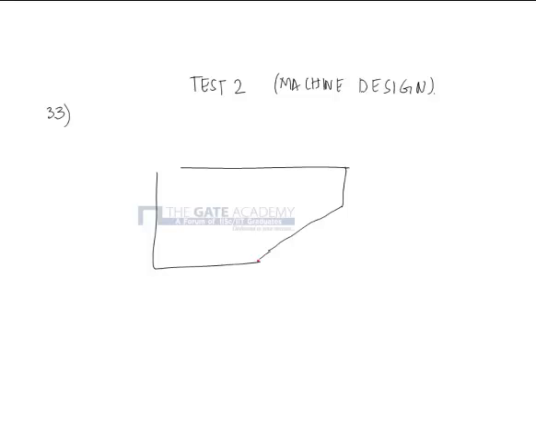Let's discuss question number 33 from test 2. It's from machine design. Okay, so basically a riveted system is given. The bracket is mounted on the wall, is connected to the wall